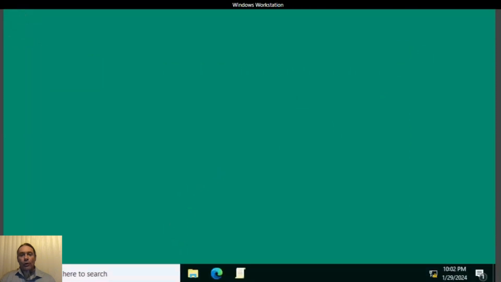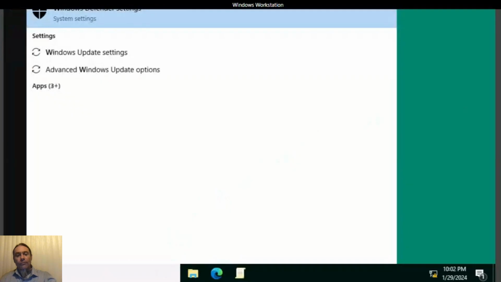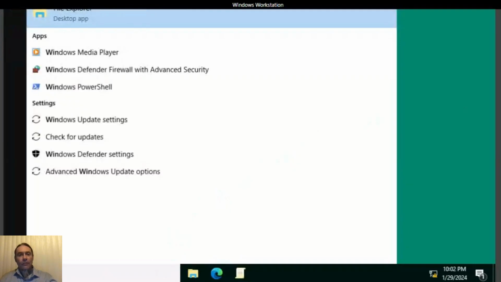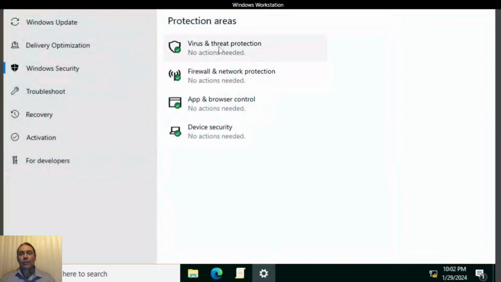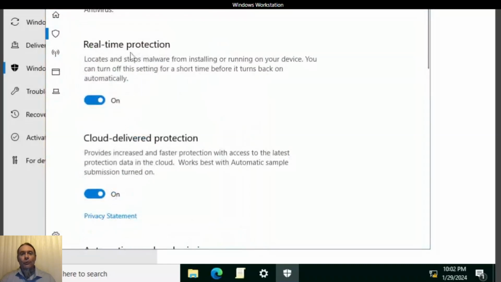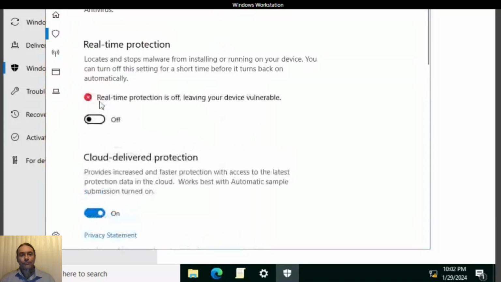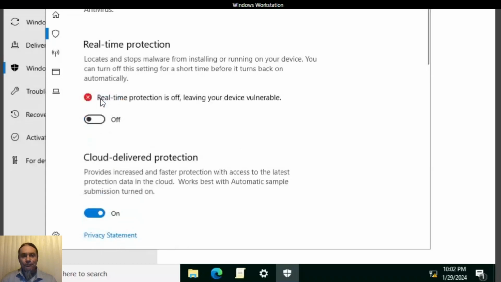And if we want, we can just go and ensure one more time that we are okay. And we'll go back to our Windows Defender settings right here. And again, under Virus and Threat Protection, Manage Settings. And we're still good with the real-time protection on. We'll toggle it off and do it back on. Very good. So if you're having problems with your real-time protection not on, can't toggle it right here, make sure